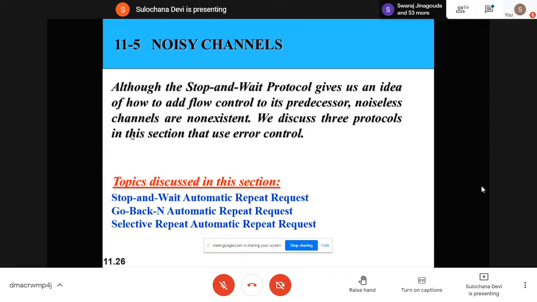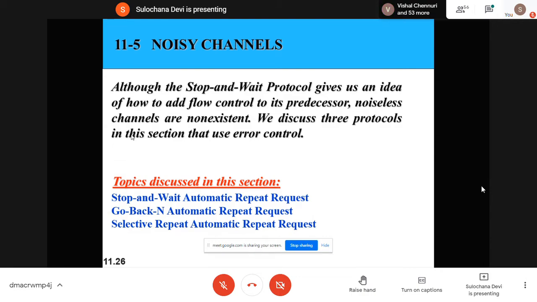It means you send a frame and wait for acknowledgement. If you have not received that acknowledgement for a certain amount of time, then you retransmit that frame, and you continue to send that frame until you get the acknowledgement, because the data link layer provides reliable delivery. So it will continue to send the frame until it receives the acknowledgement. That's why we call it automatic repeat request.